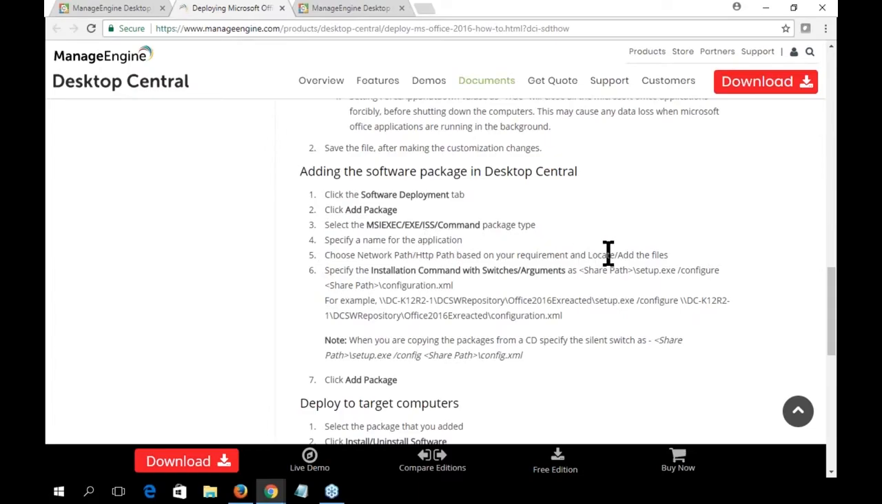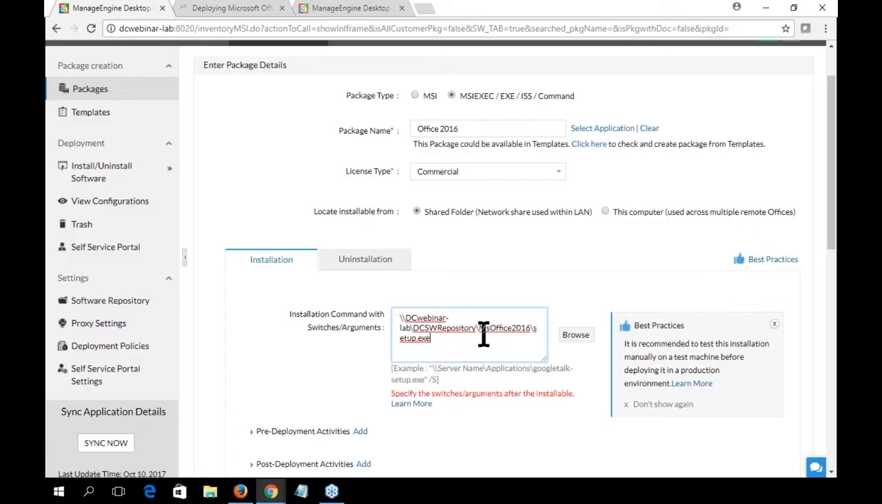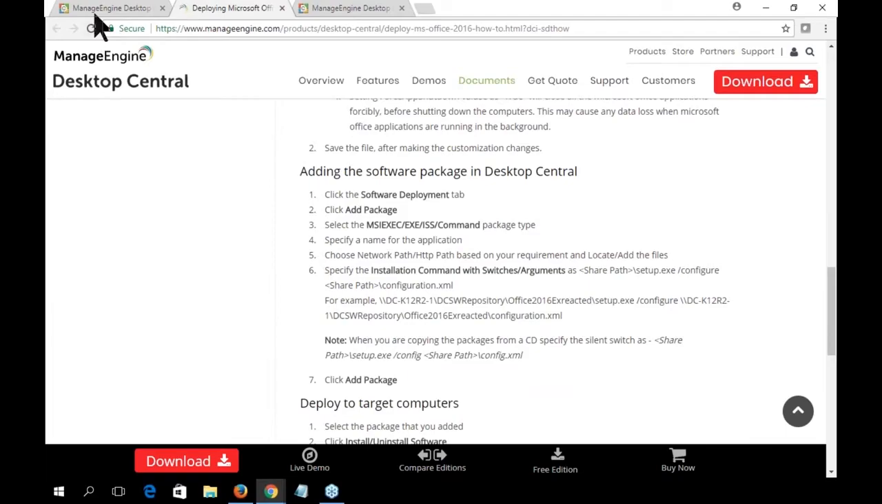I've selected the application which is added in my network share path, and specified the installation command and argument like setup.exe with the configure. Because we are using this configuration.xml file, which holds all those activities, we don't need to specify a silent switch over here. And now I need to save this configuration.xml in the same location where I have saved my setup.exe for Office. So let's go back. I've already saved my Office 2016. So I'm going to use this configure over here,